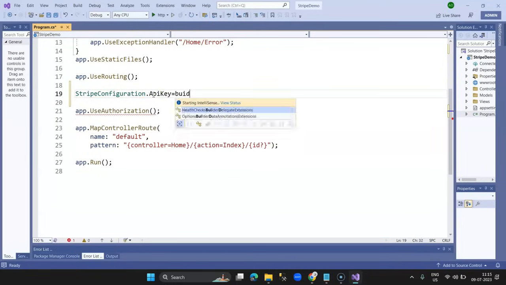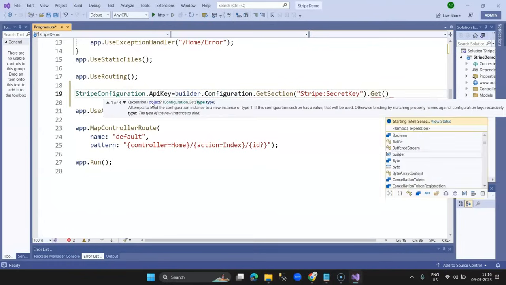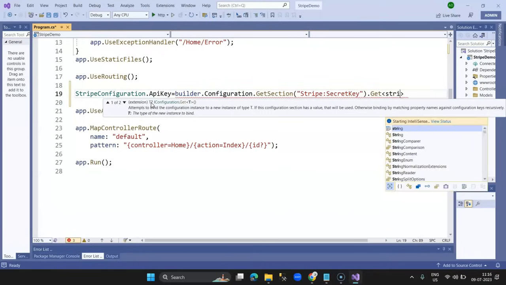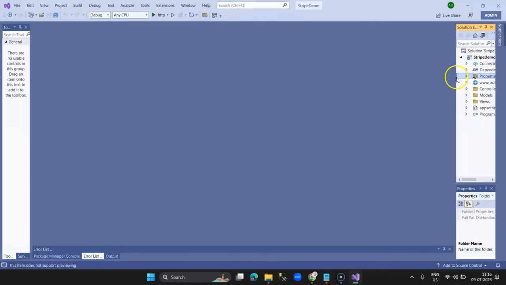So this will be builder.configuration.get section, and here we are calling the section colon secret key and get. Fine, so we have passed the required secret key. So now let's go ahead and